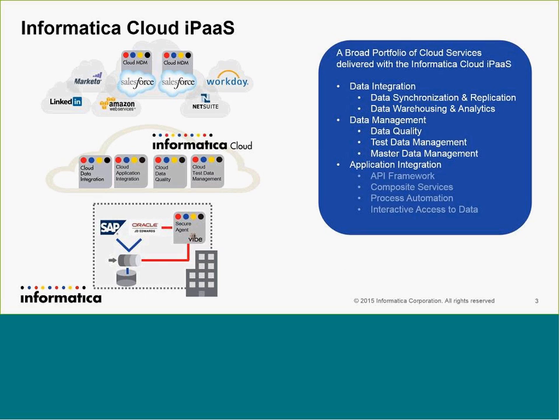But one area of focus of the cloud team has been and is application integration. What we offer in application integration is an API framework to be able to create APIs and expose them as REST, JSON, or SOAP services, and to build composite services, essentially an abstraction of a variety of services that you have within your enterprise, which can be data services and business services, and to expose them as a composite service. One use of a composite service is to implement a process like order to cash.